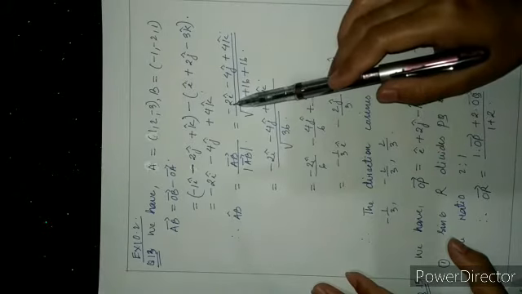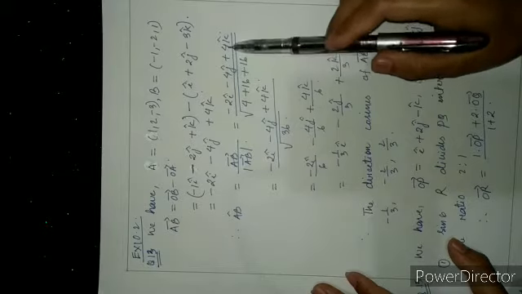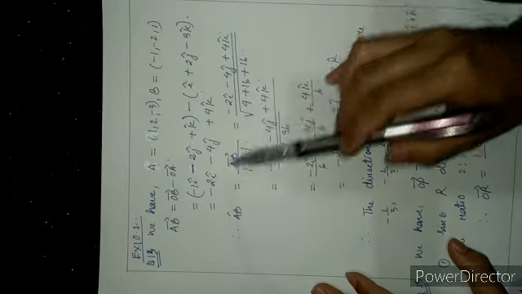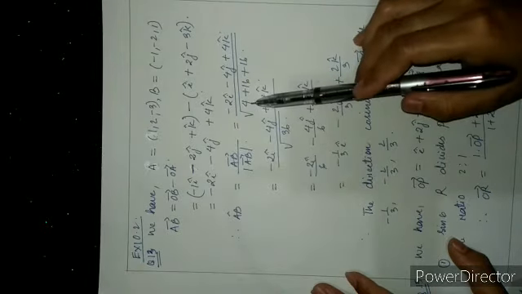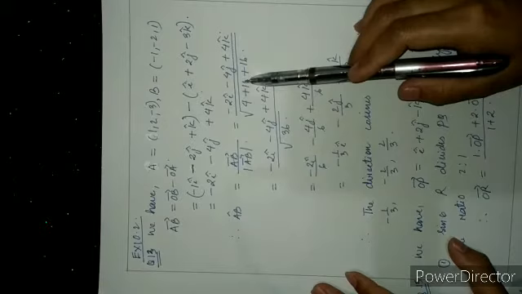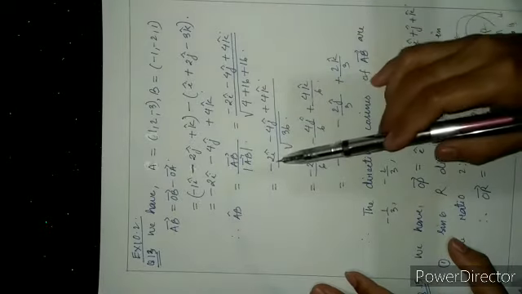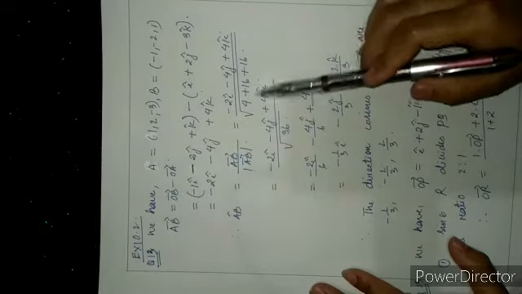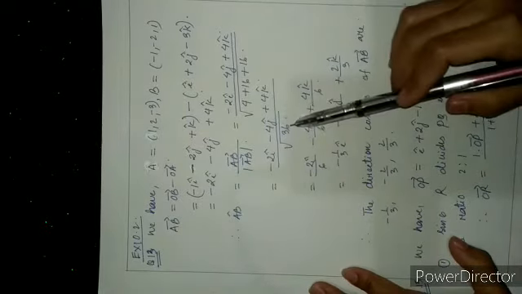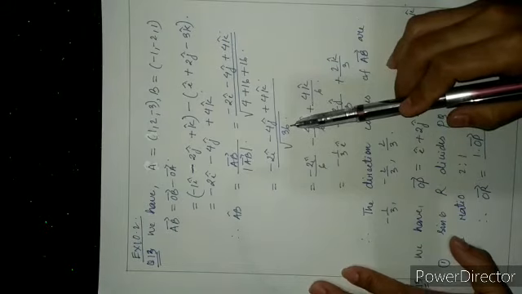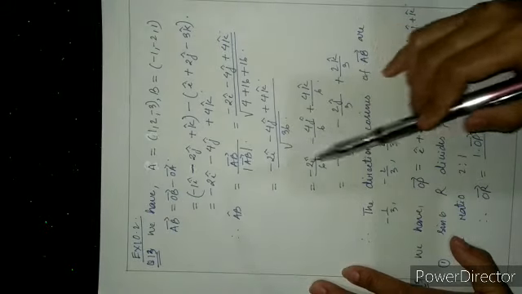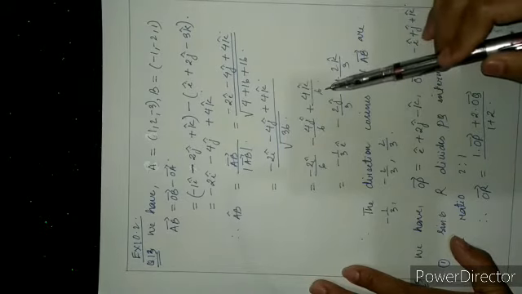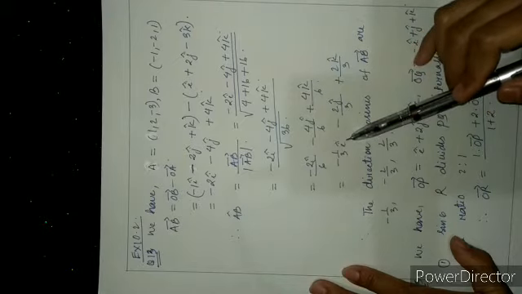equal to minus 2i cap minus 4j cap plus 4k cap divided by the magnitude of AB vector, which is equal to root over minus 2 square plus minus 4 whole square, which is 16, plus 4 square, which is 16. So 4 plus 16 plus 16 is 36, and the square root of 36 is 6. So minus 2i cap divided by 6, minus 4j cap divided by 6, plus 4k cap divided by 6, which is